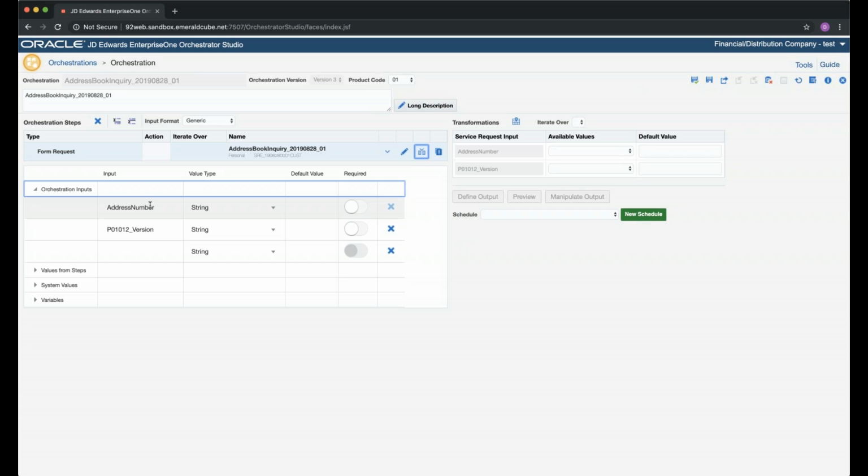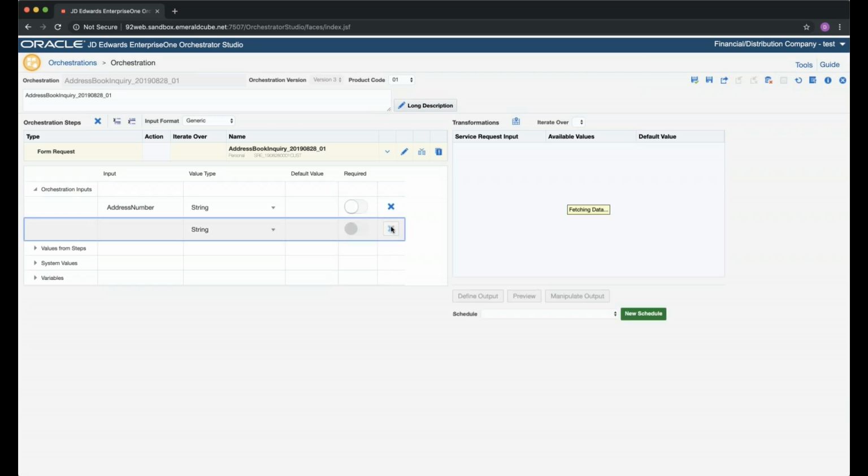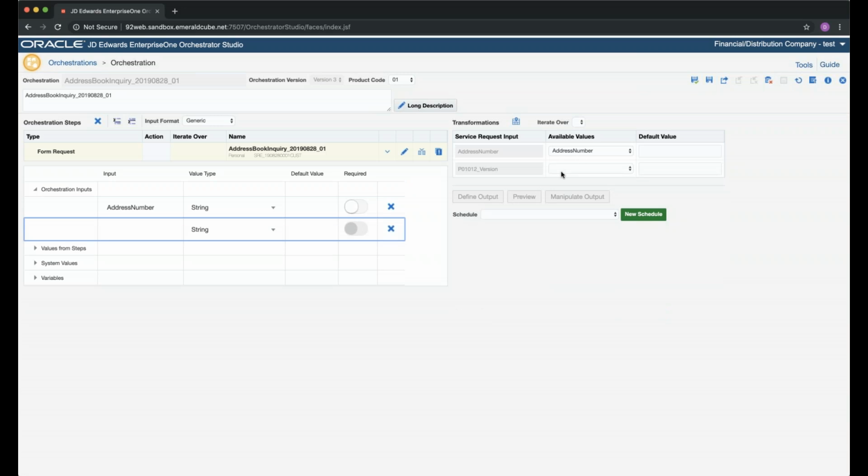Again, you have to conceptualize how the orchestration can take a number of inputs and hand them to a number of service requests. In this case, we only have one orchestration to one service request, but potentially you could have a lot of different service requests in here. When we do the auto map, it just adds all of those in. And when we come across here, there's another button, which is the auto map function, which does the transformations, and it brings across the inputs from the orchestration and maps them right into the service request for us. Again, in this case, we don't care about the version, so I'm just going to delete that version from my input and leave it blank here. No big deal. It will use the default version.